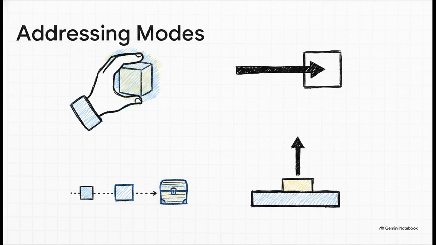Immediate addressing just uses the raw value directly. For example, a hash symbol followed by 48 just tells the system, hey, use the number 48. Direct addressing points to a specific label, like total. Indirect addressing, that's kind of like a treasure hunt. The operand gives you an address that holds another address where the actual value is hiding. And finally, indexed addressing takes a base address and adds the value sitting in an index register to pinpoint the